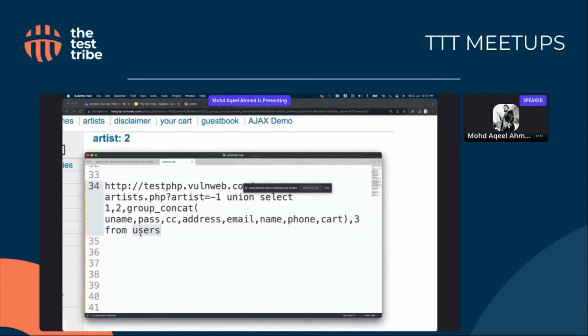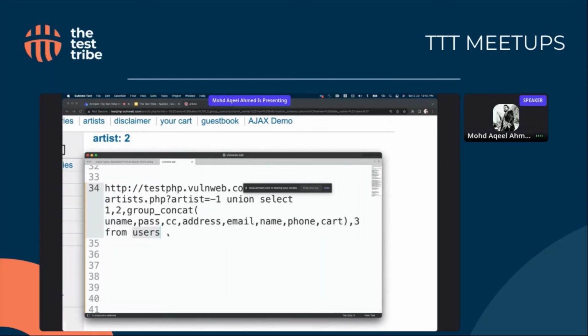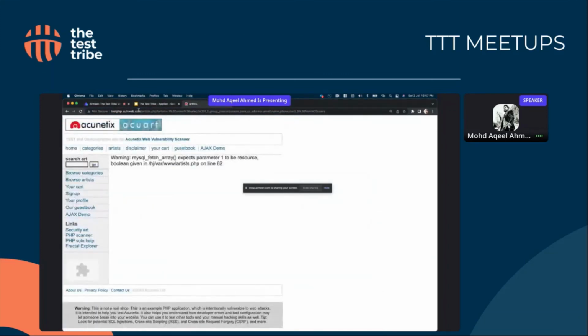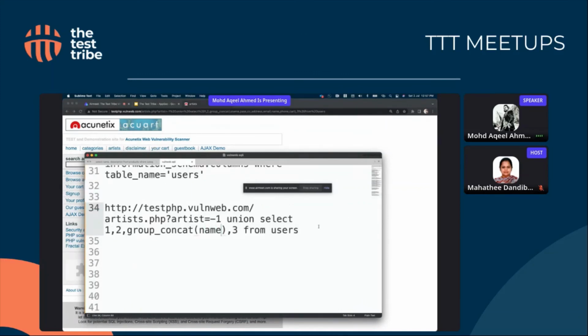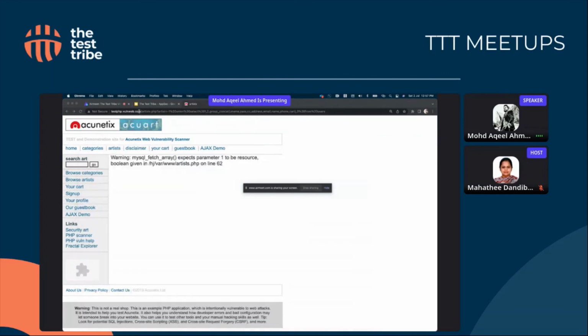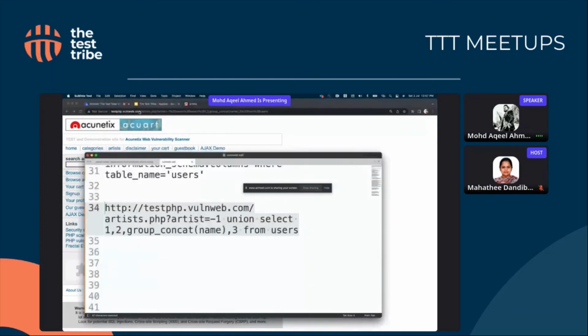Now we know the table name. Earlier, when we were not aware of the table name, we relied on information schema, because that's a technique. If we use it, we'll be able to see the list of tables. Now we know the table name, so we'll directly use that and say that get the data of these columns from this table name. Once we run this, error. Let's see names first. This error. Union select group concat from